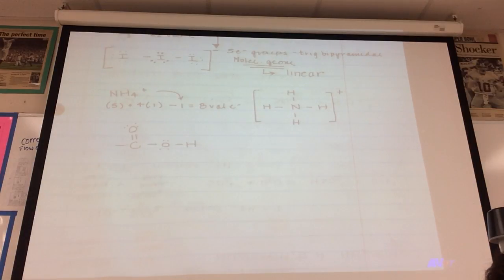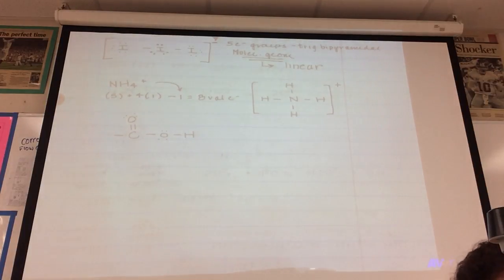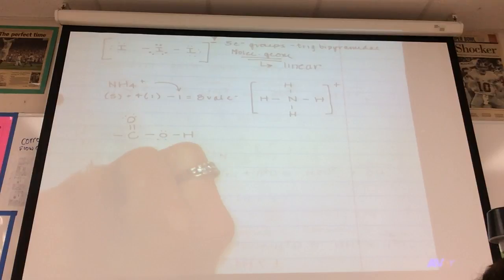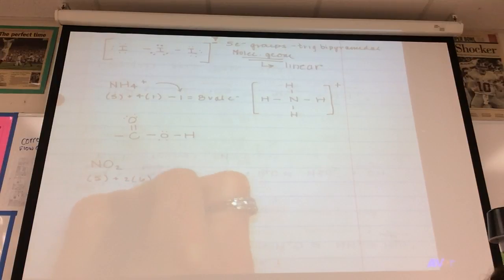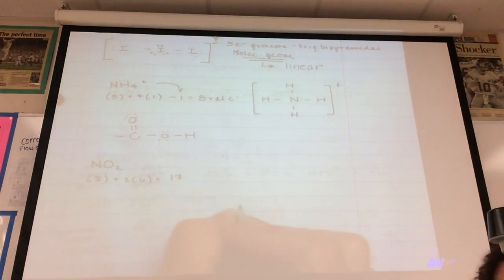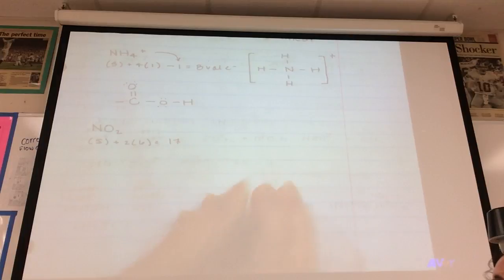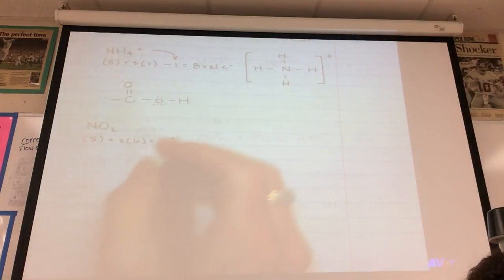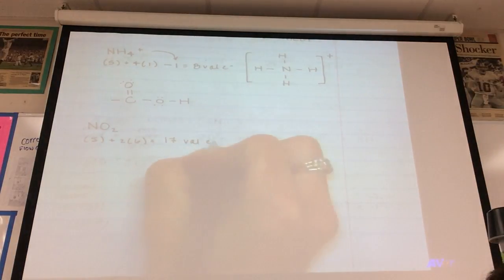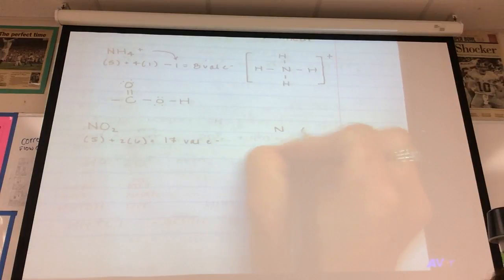So with your drawing, again, count them, place, be very careful. Only expand an octet if it's in period 3 or higher. So neither oxygen nor nitrogen can expand the octet. Also be careful with nitrogen. If you get an odd number of valence electrons, you can have an incomplete octet on the central atom, not a terminal. So here,